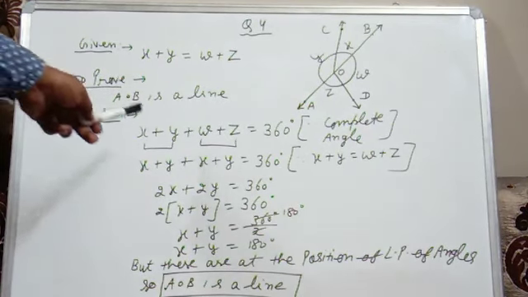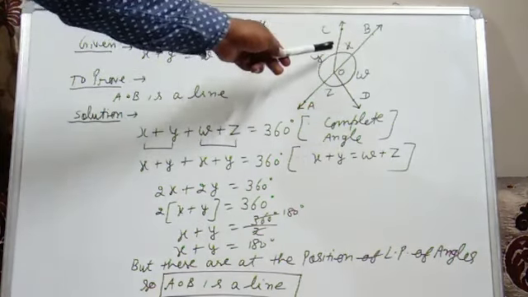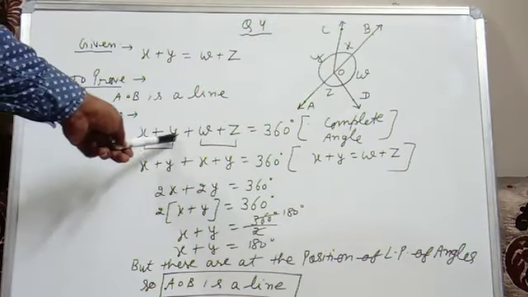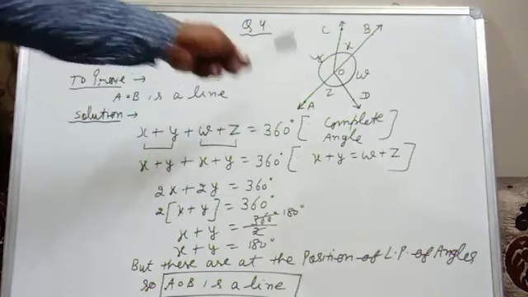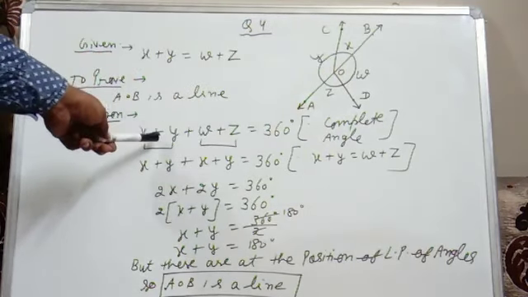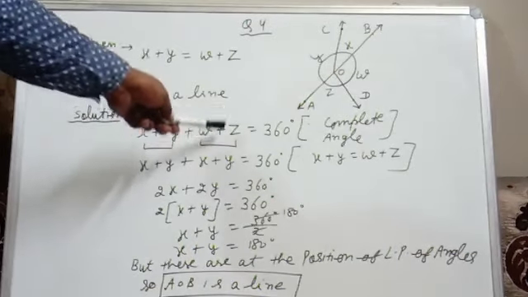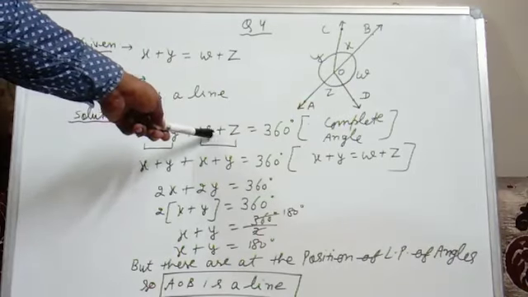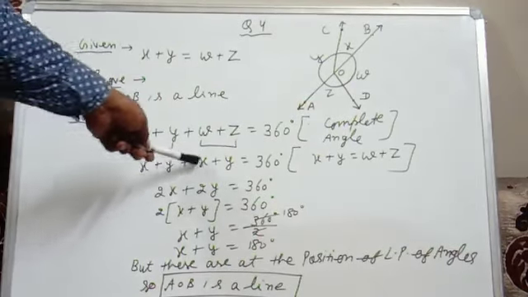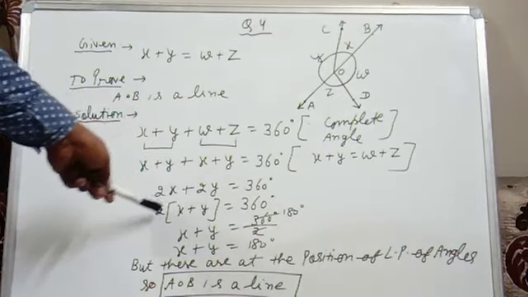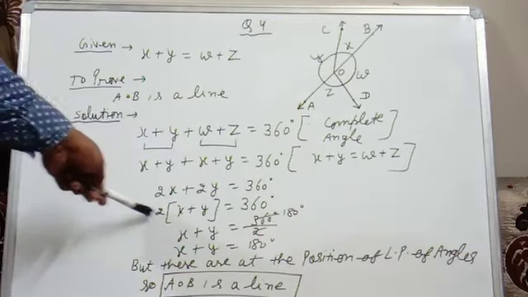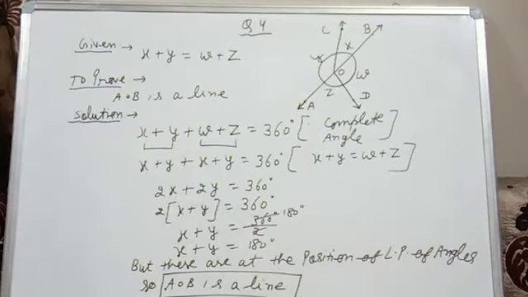Again we will revise the question. This is a complete angle. Here we have four angles x, y, z, w. So the sum of x, y, w, z is 360. Reason complete angle. So we can change x plus y to w plus z, or w plus z to x plus y. This is given. So in place of w plus z we write x plus y. So x plus x is 2x, y plus y is 2y, then 2 common outside the bracket: 2 times x plus y equal to 360. 2 will divide this side, so 360 upon 2 you will get 180.